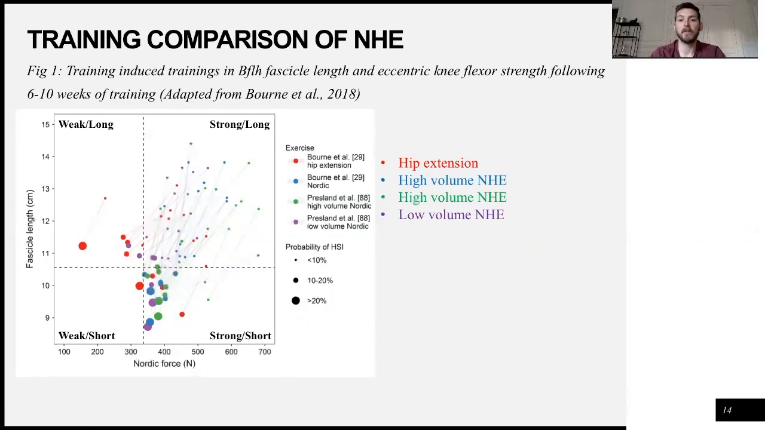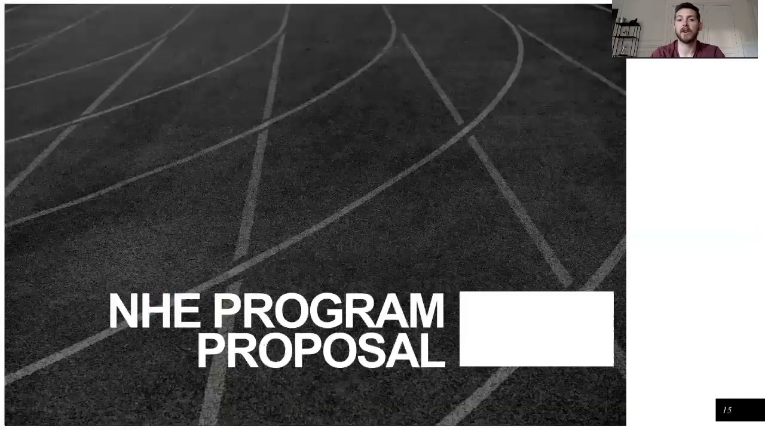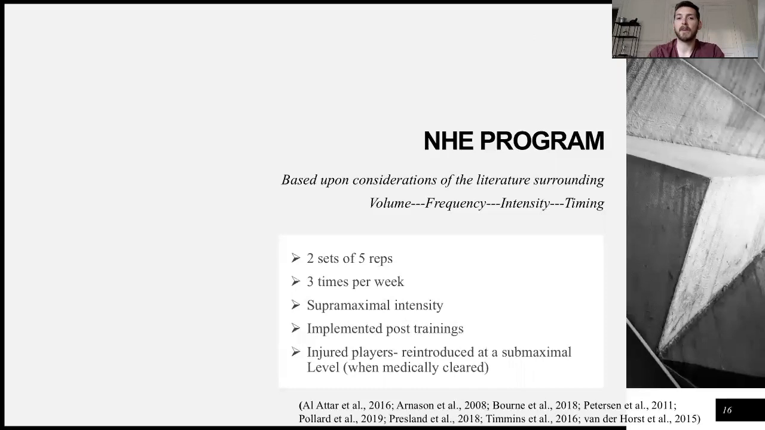Now, the volume hasn't had a huge impact. The higher amount of volume will improve strength, but it won't necessarily improve the fascicle length. So taking these into consideration, as well as the article that we're reviewing, the proposal I'm putting forward, based upon considerations of the literature surrounding the volume, frequency, intensity, and timings of it, would be 2 sets of 5 reps